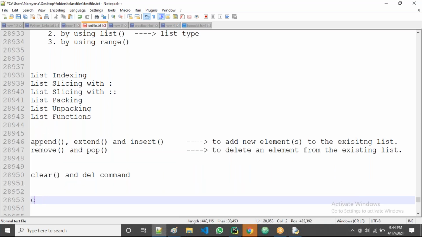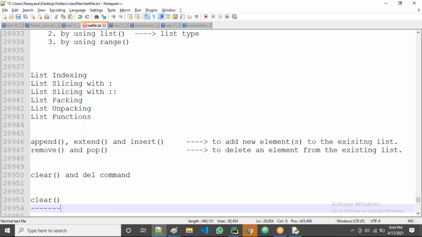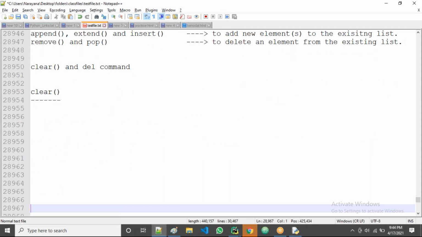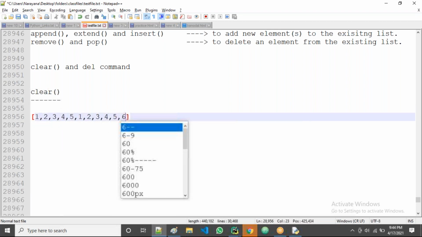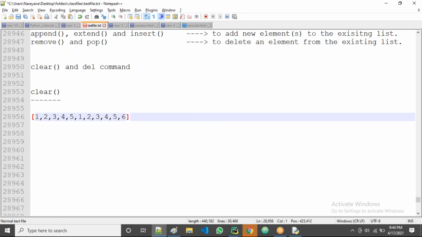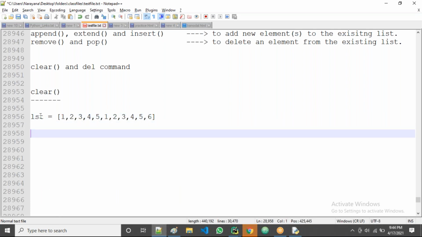What is the clear function? Now all of you observe very clearly and mute the mic. The clear function means it will clear all elements from the list. Suppose there is a list LST which has a lot of elements. It is created in memory.